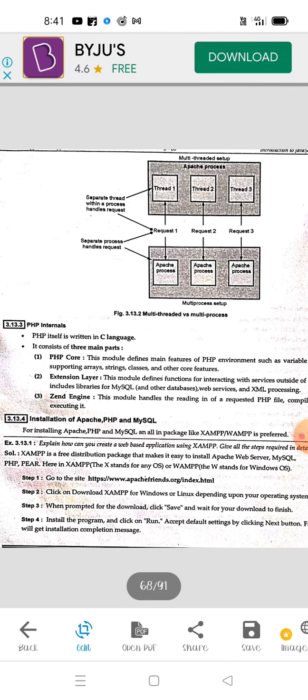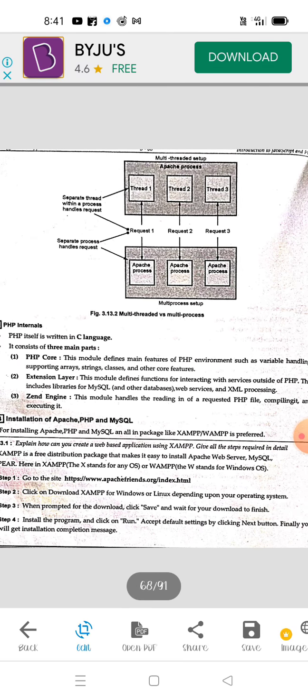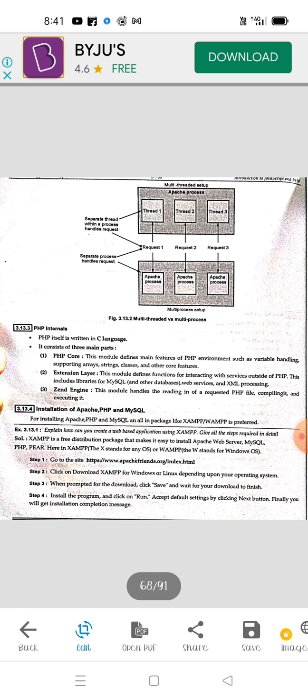So PHP core: this module defines the main features of the PHP environment, such as variable handling, supporting arrays, strings, classes, and other core features. Extension layer: this module defines the functions for interacting with services outside PHP.